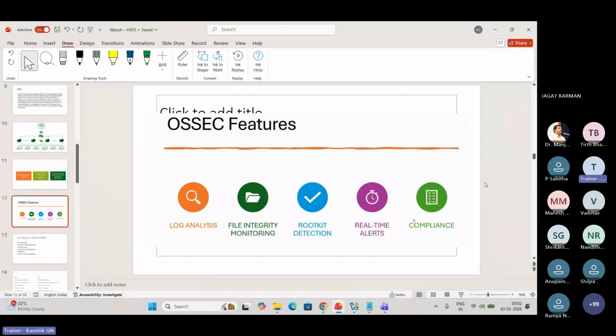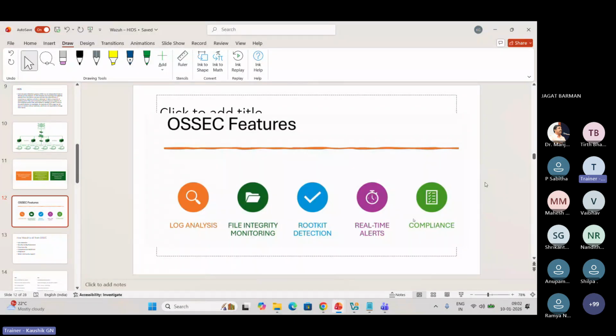I'm just giving an example in the larger picture. In a company like Infosys, there are lakhs or crores of files. If an important file is deleted, how to investigate it? Who has deleted this? All these things come under FIM, that is file integrity monitoring. This can be analyzed in Wazuh or in OSSEC.